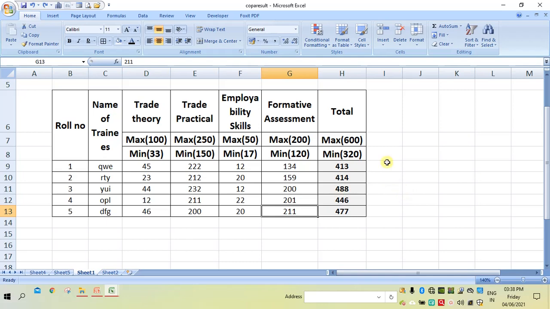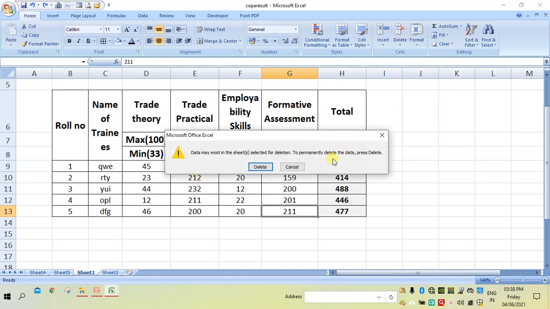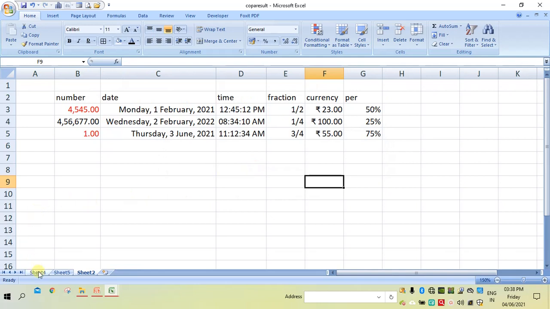To delete the entire sheet, now I am in sheet 1. I go here and click delete sheet. It is asking for confirmation. Yes, I want to delete. Then that entire sheet will be deleted. This way we can delete a cell, row, column and entire sheet.